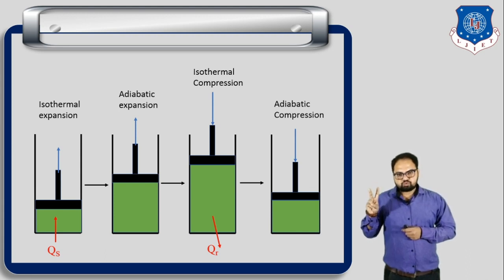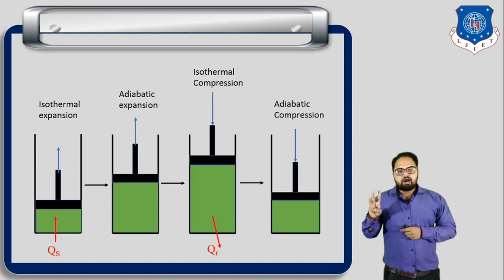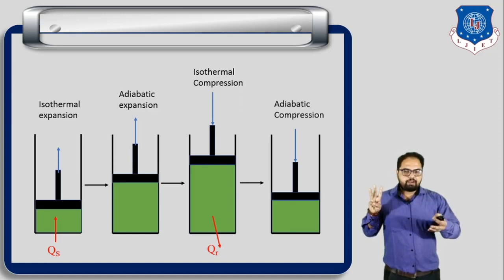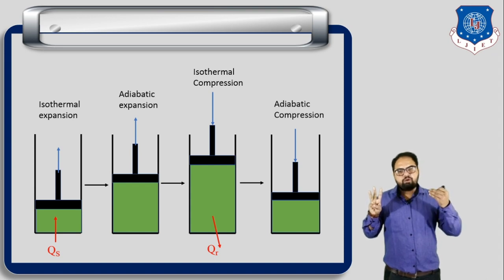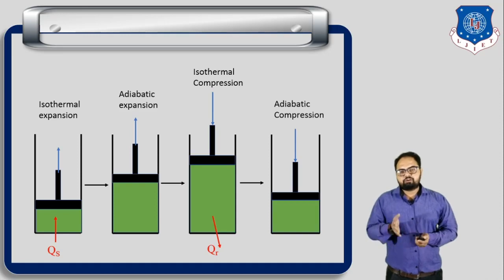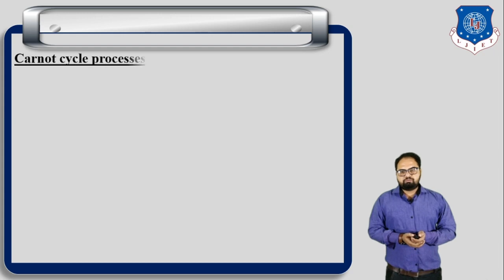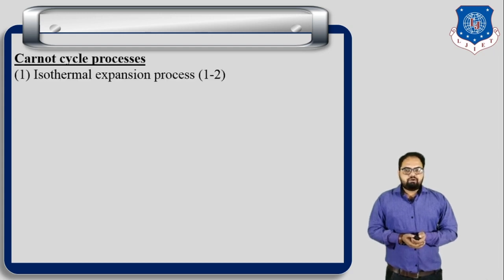After that, during process 2 to 3, we are removing the hot body and an adiabatic wall is taken in contact at the bottom of the cylinder. After that, during process 3 to 4, the adiabatic wall is removed and the cold body is brought in contact with the cylinder. After that, again the cold body is removed and the adiabatic wall is brought in contact with the cylinder. So during the Carnot cycle, first of all, we take